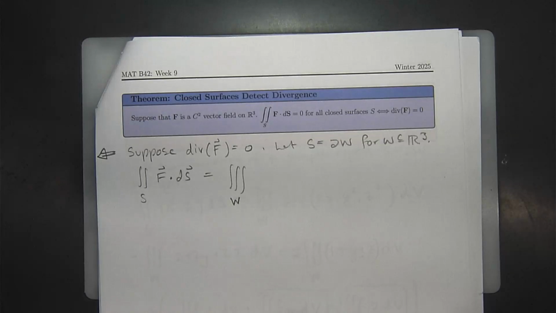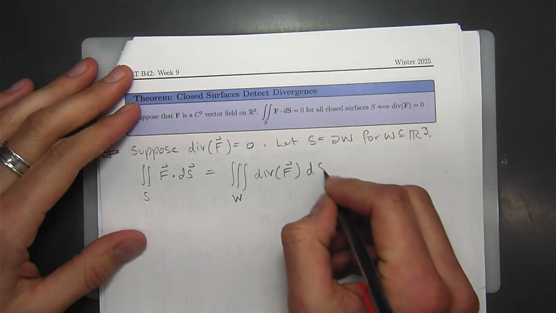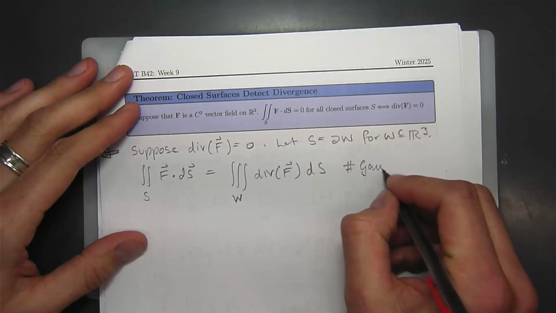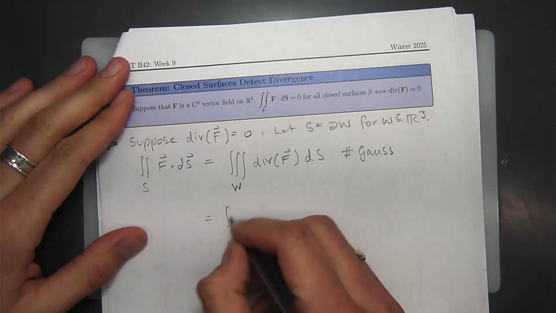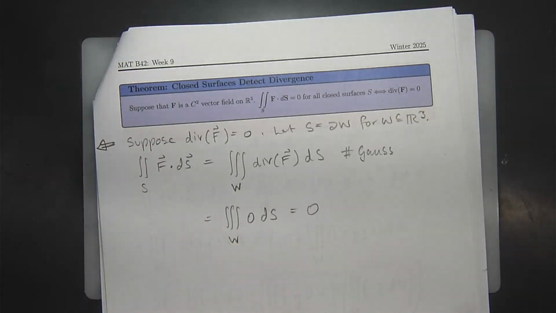Suppose that our surface bounds some three-dimensional region. We're then going to push this surface integral to the interior of the region, and then going the other way,